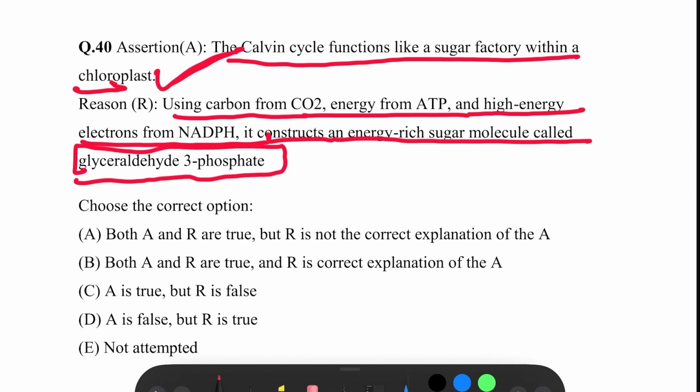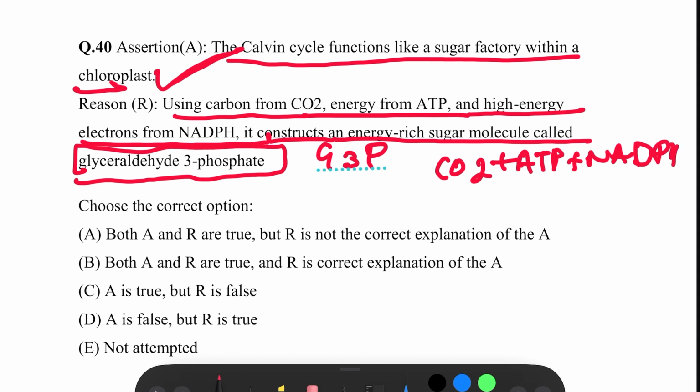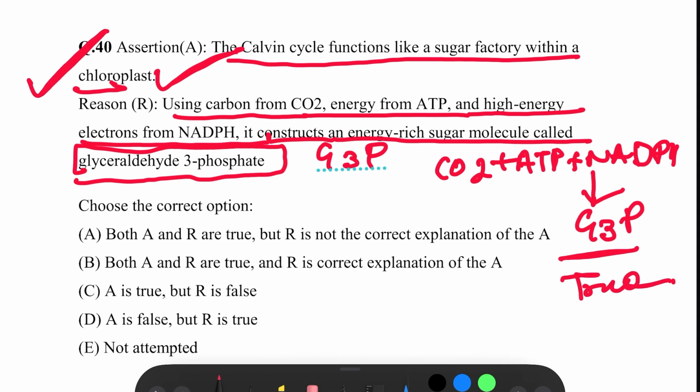Glyceraldehyde 3-phosphate की बात कर रहे हैं यहाँ पे, right? तो the Calvin cycle acts as a sugar factory in the chloroplast, and it uses CO2 plus ATP plus NADPH to make an energy-rich sugar. So it is true. Okay,